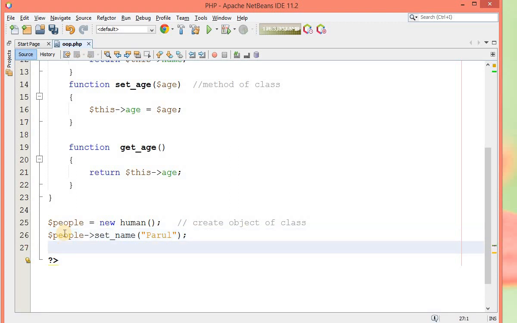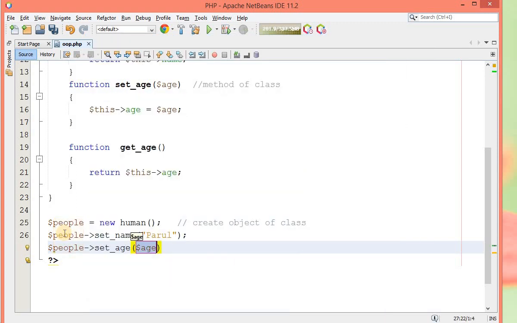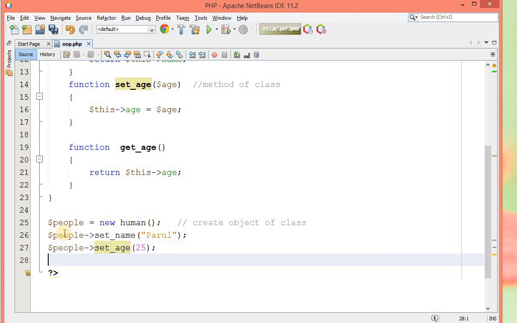So we have set our name property. Now after that I want to set the age property, and let's say age is 25, okay. So we have set our two properties. This is set name, so name will be set as Parul. So what will happen whenever I call this function, okay, so this is the argument Parul and over here